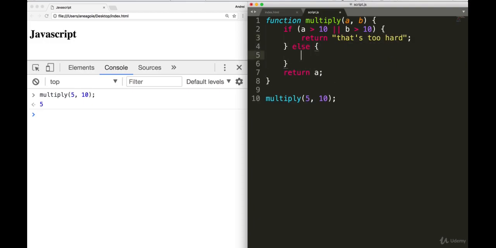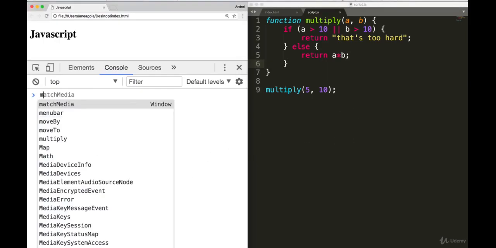Otherwise, we'll return A times B. Let's see what happens here. I'm going to save and refresh. Let's do multiply